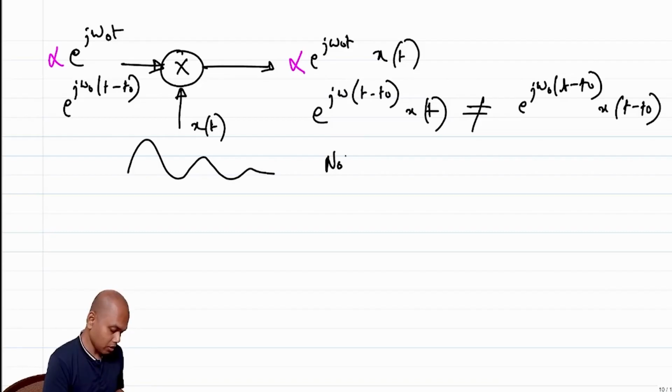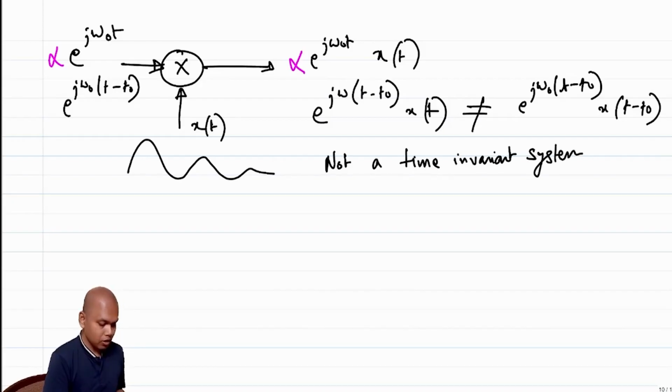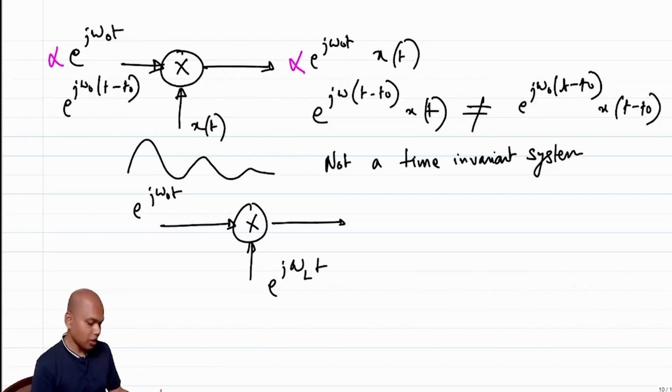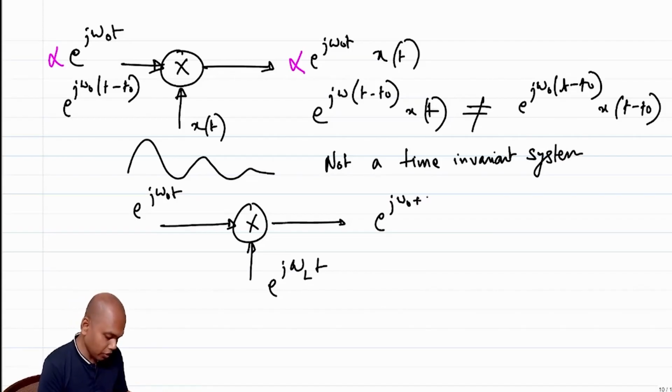This is not a time invariant system. So what is the impact of that in signal processing? The impact of that is, you can immediately understand. Let me take a special case where the input is e to the power j omega naught t, and here this is something else. It's another complex exponential, e to the power j omega L t, right? So what is the output now? The output will be e to the power j omega naught plus omega L t,